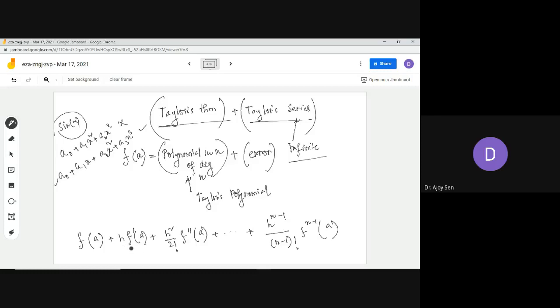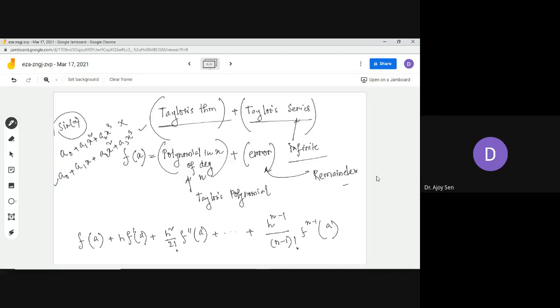So this is a Taylor's polynomial, and you see the given function, you can say sin x. It's not a polynomial, but you are taking a polynomial to approximate this function, and then you should have some error. What will be the error? That we don't know, but this error has some form, so that I will tell you. This error part actually has another name, that is called remainder term. Remainder.